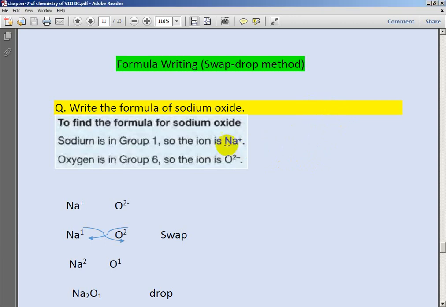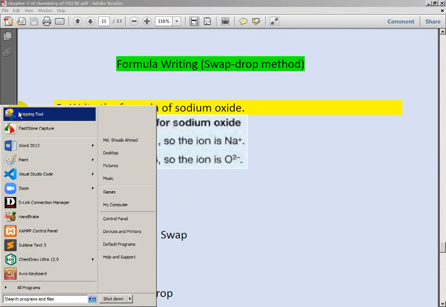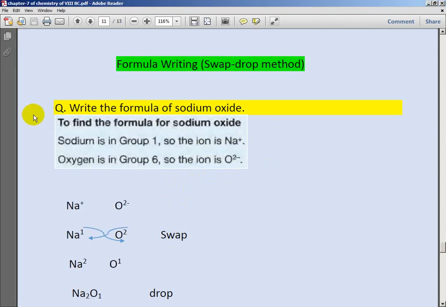Okay, so you have to know this. You have prior knowledge, because group 1 elements have a 1 positive charge, and group 6 I have already taught. You don't need to write these things, you write only these things, how to write using the swap drop method. So what is the formula for sodium hydroxide? Using the swap drop method you will write